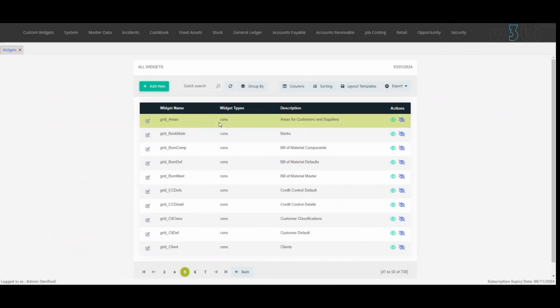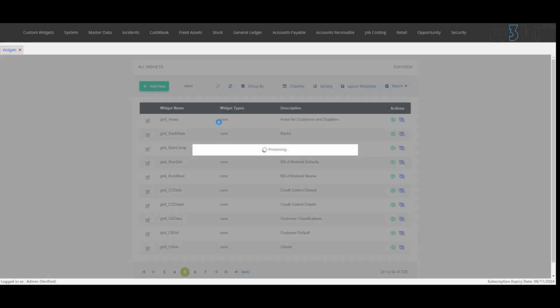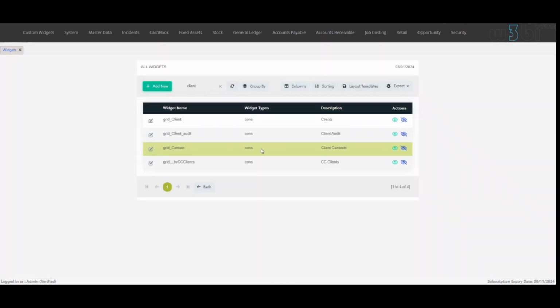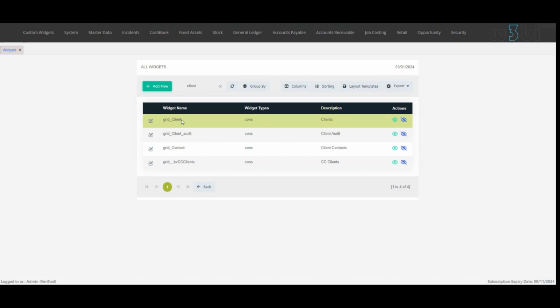Let us search for all widgets relating to client. BI in a box found 4 widgets related to client information. This simplifies finding widgets belonging to a specific topic or group. By clicking on the 2 edit icons on the right, you can now start to customize BI in a box